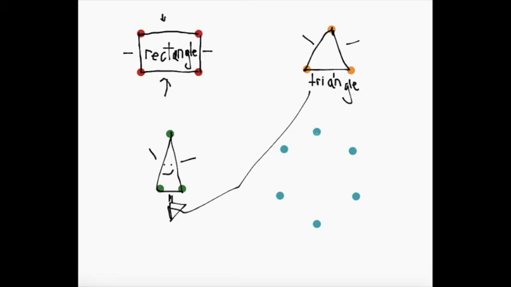All right, did you make your guess? If it has 6 dots, that means it's going to have 6 sides. 1, 2, 3, 4, 5, 6. That means it's a